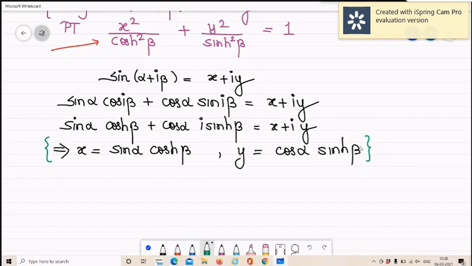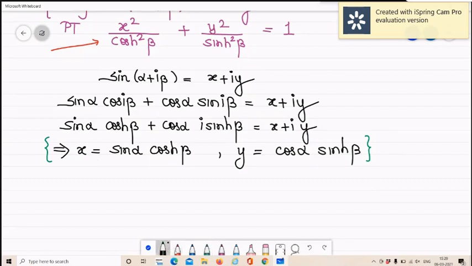I repeat myself. In this green curly bracket, what I have done, in that you are able to see x, y, alpha, beta. Alpha is with trigonometric, beta is with hyperbolic. Is that clear? Now you go back to the red arrow, prove that. What is missing? Can you see x? Yes. Can you see y? Yes. What is missing? Alpha. That means I am supposed to eliminate alpha from this x and y.